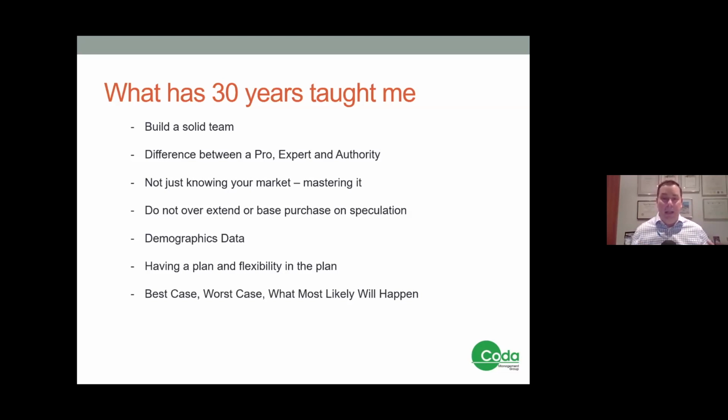If you're basing everything on best case and you're not taking into consideration worst case, you're doing yourself a disservice. So we always ask ourselves, best case, worst case, can we survive with worst case? And then what most likely will happen? None of our performers are ever based upon best case. We always present what most likely will happen. That gives our investors a lot greater deal of confidence,